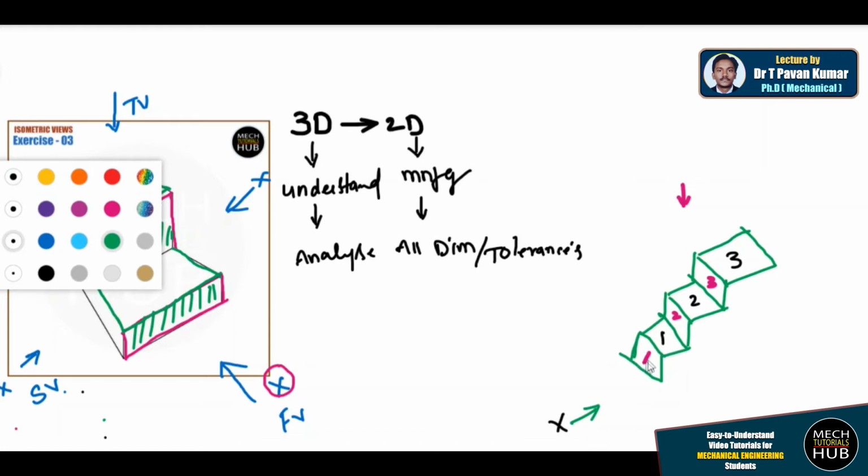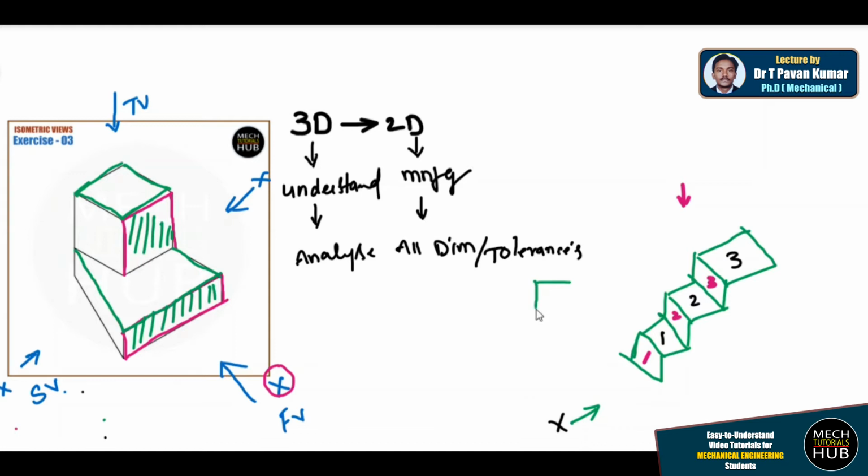When I view from the front, I could see 3 boxes. This is the first box, this is the second one, and this is the third one. Actually these are not aligning with each other, but when I view from the front, as I can't feel these thicknesses, I feel that all 3 planes are aligned with each other. This is how you could see.